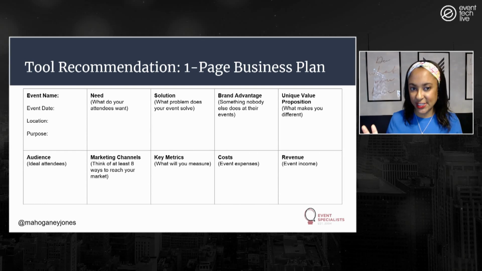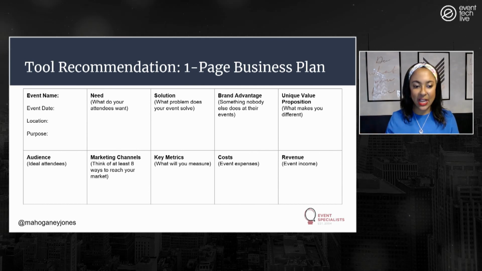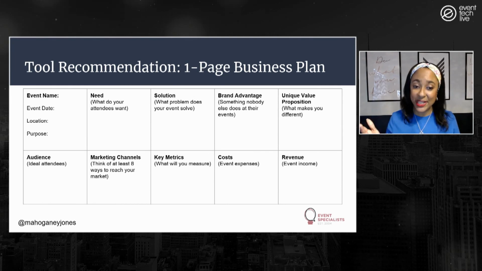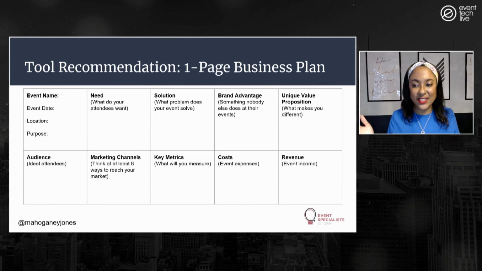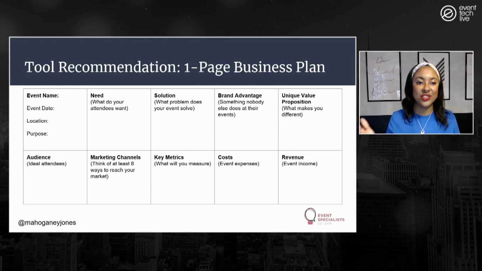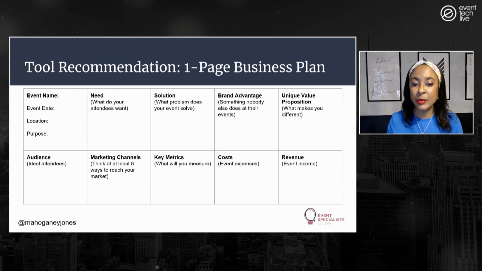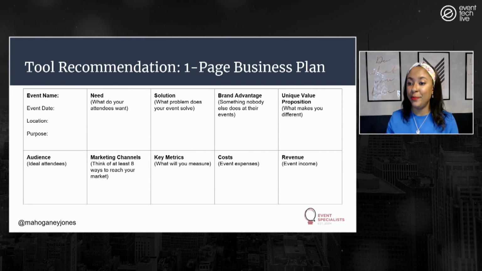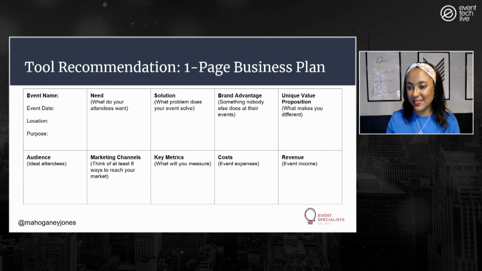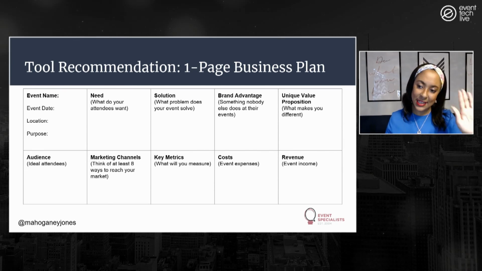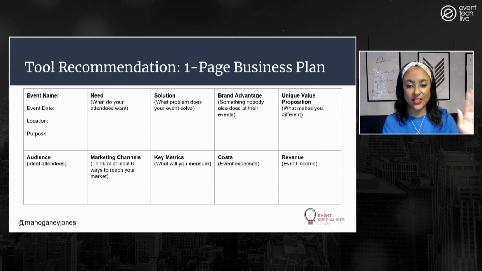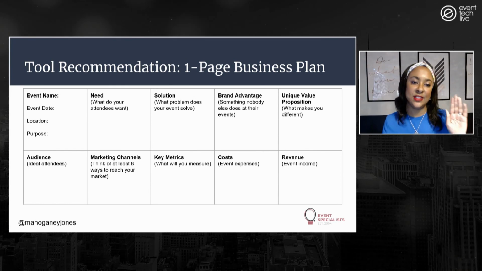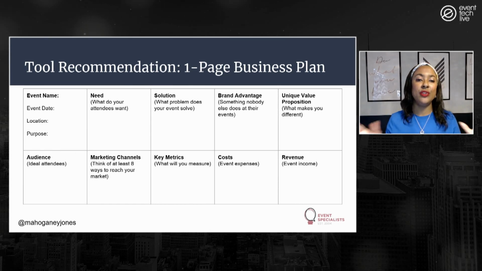Now, with all of these different steps, how do we keep it intact? How do we make it a reality? I like to recommend this tool, and it's a one-page business plan. And again, events are a business strategy. It's a marketing strategy. So let's look at it from a business standpoint and create a one-page business plan. Like your mission statement and your goals and objectives, it becomes law. If it does not fit within this space, it is not meant for the event. You want to use it to really hone your focus in and make sure you weed out the noise.